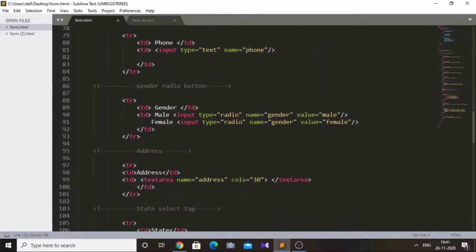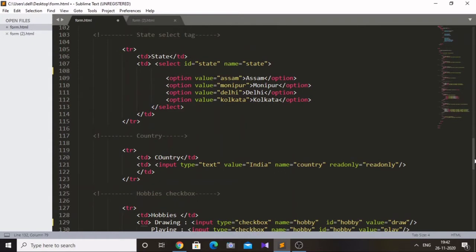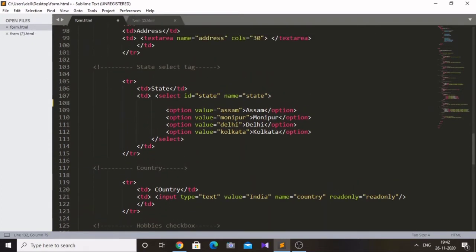In the hobbies check box, let's give an ID attribute. ID equal to, let's say, hobby. And this ID should be the same with all the check boxes. Okay, just copy and paste it. Now let's put